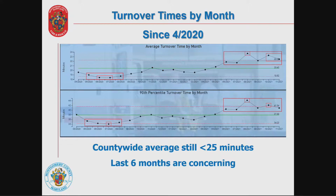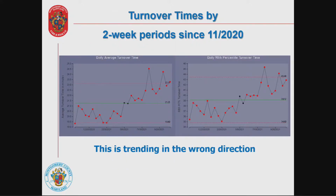So if we look at just turnover time, the time you arrive at the hospital until you've cleared, you can see over the last 6 months, maybe 7 months, we've been above average with our turnover times. We've set our expectation at 25 minutes, so while our average is still under 25, the last 6 months are quite concerning for us overall. If you break that down into 2-week periods, looking at this since November of last year, you can see a very sharp upward trend, obviously in the wrong direction. So this is measuring 2-week over week